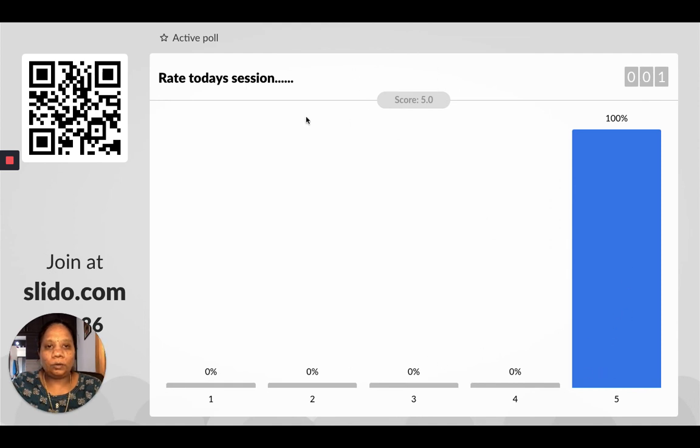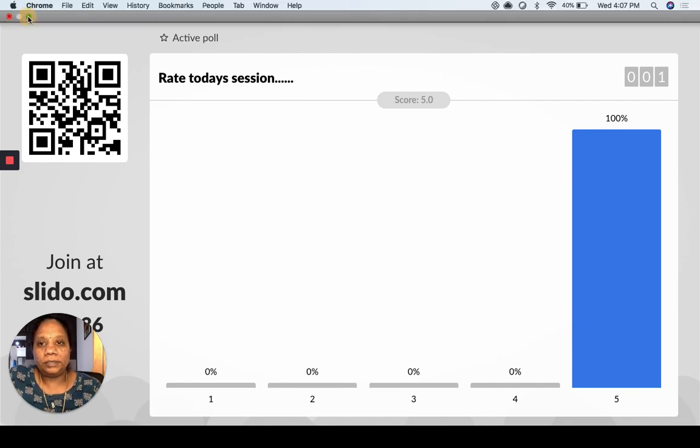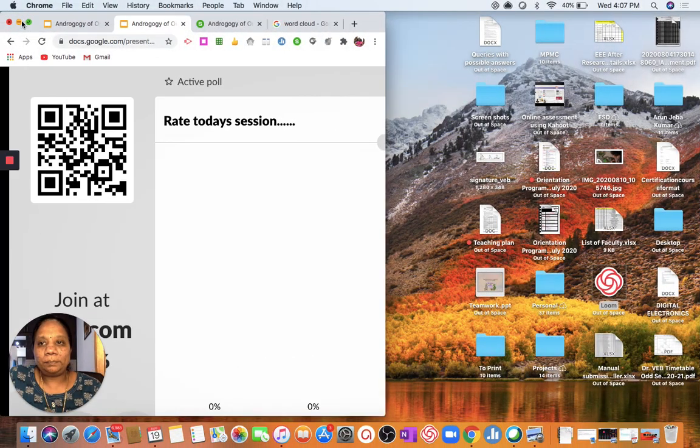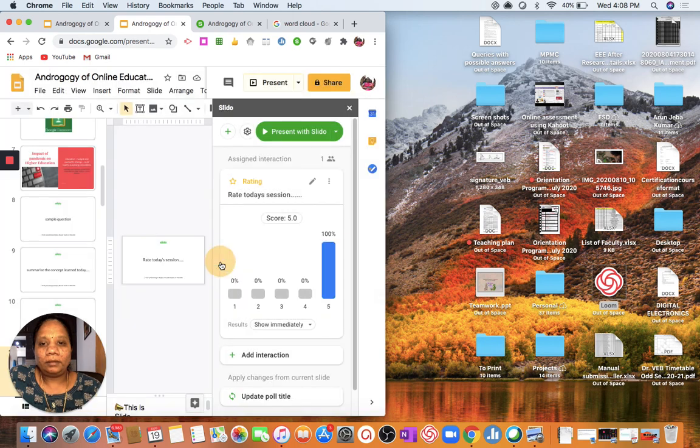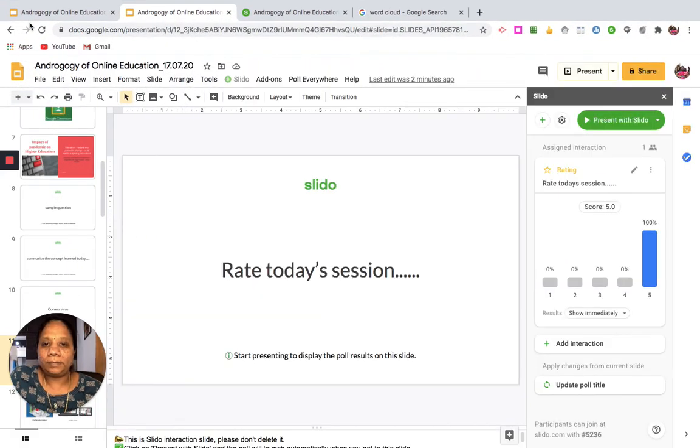And the overall score, suppose 30 or 40 have answered, it will calculate an average score and tell you what your average score is for today's session. There is much more to do with Slido. Please explore yourself, and you will really enjoy adding these interactive slides in between your slide presentation.